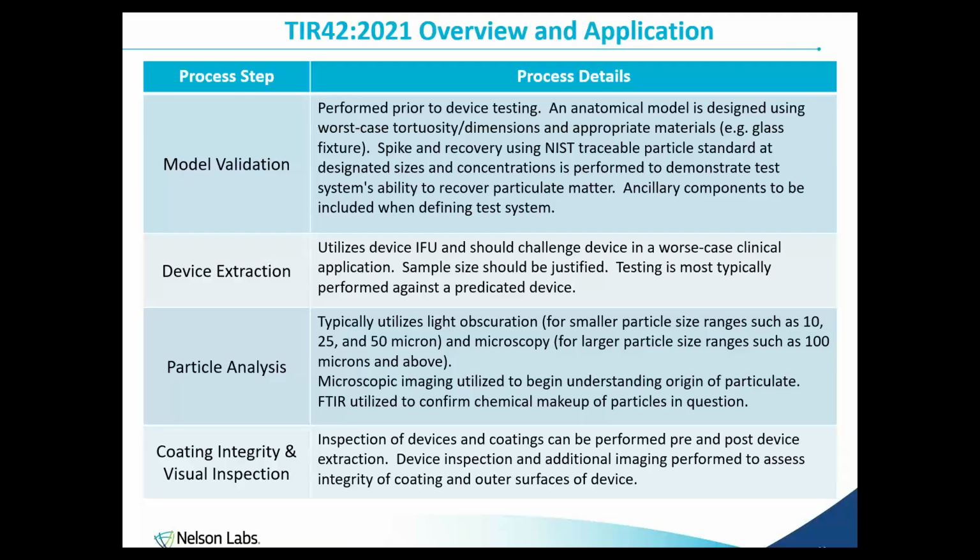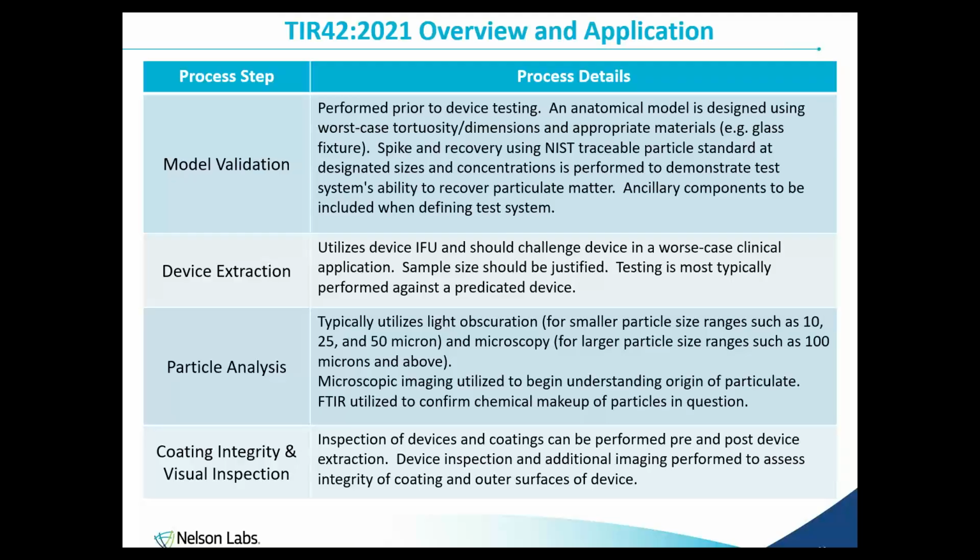So for large delivery systems, things with many ancillary components that are interacting and there's friction going on in particle release, you may not want to compare that against 788. You'd want to compare that against a predicate. If something's already on market and justified as safe, then you might set yourself up for success to test against a predicate. Something like sample size is not directly detailed in TIR 42, so sample size justification should be prepared